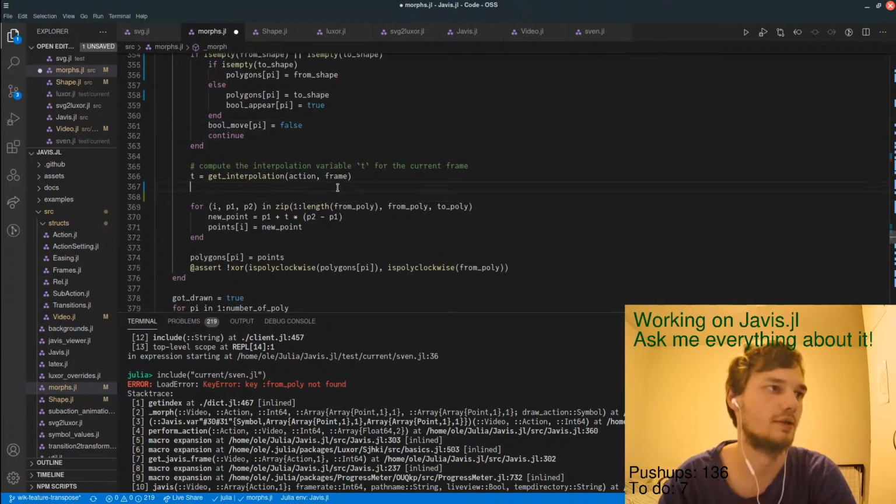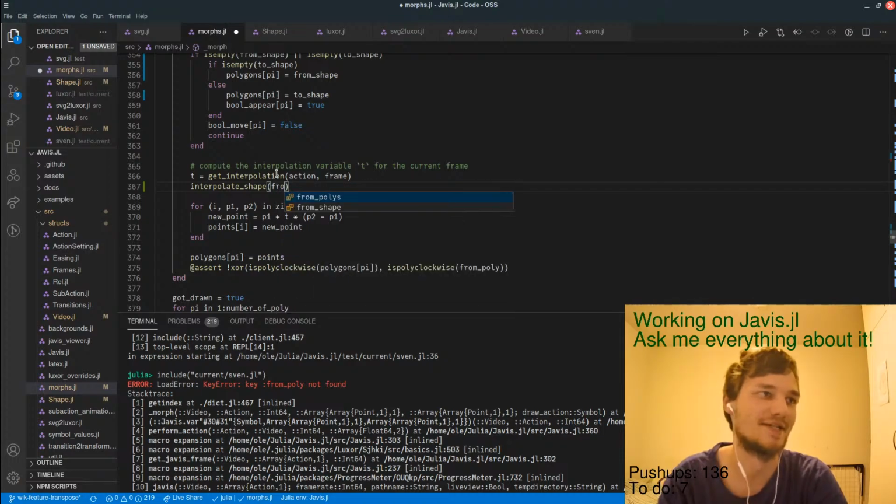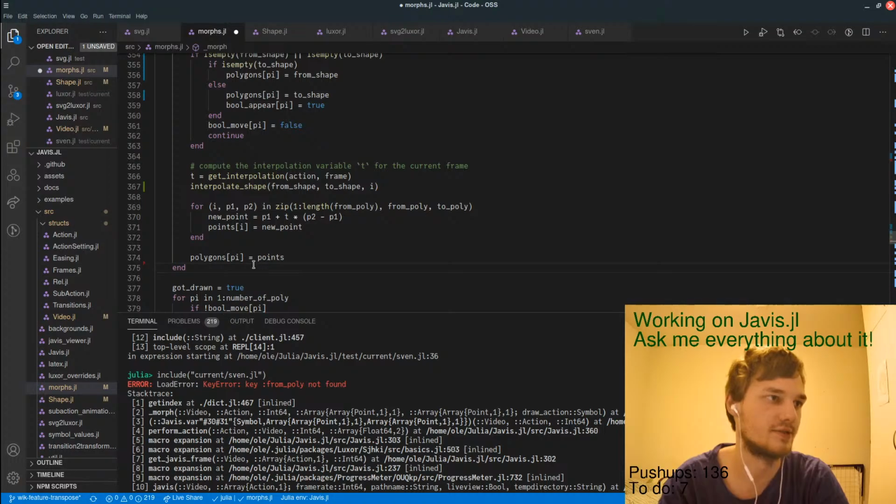So basically, let's do the function interpolate shapes. I don't know. It's one shape twice. So let's call that from shape to shape and I. You will not have this one anymore.